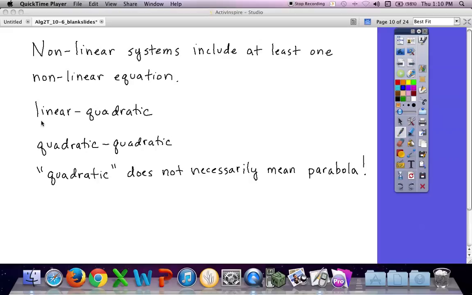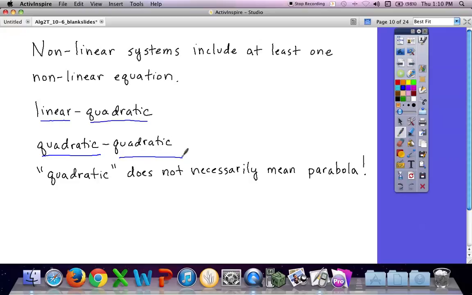You could have one linear equation and one quadratic, or you could have two quadratics. But up till now, you've been taught that the shape of the graph of a quadratic is a parabola. That is not necessarily true. That's true when you have a quadratic in one variable, a squared term in one variable. But when both variables are squared, you get a bunch of different shapes, including, right, parabola is the first one,